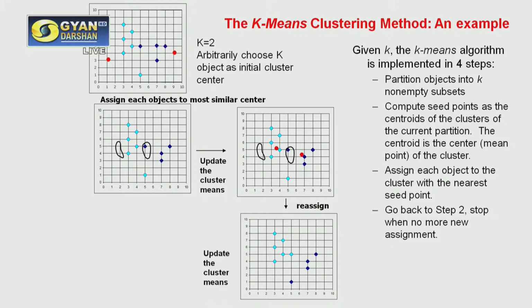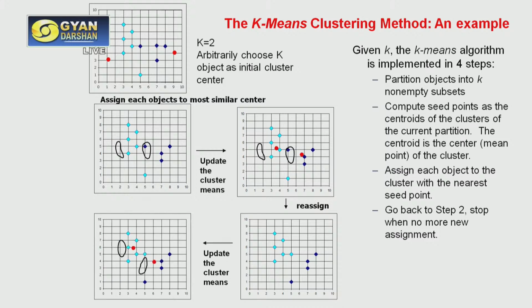Then finally you once again perform the clustering of the points we have, and based on this clustering you get a new seed point here, and you again perform the reassigning, and this goes on until